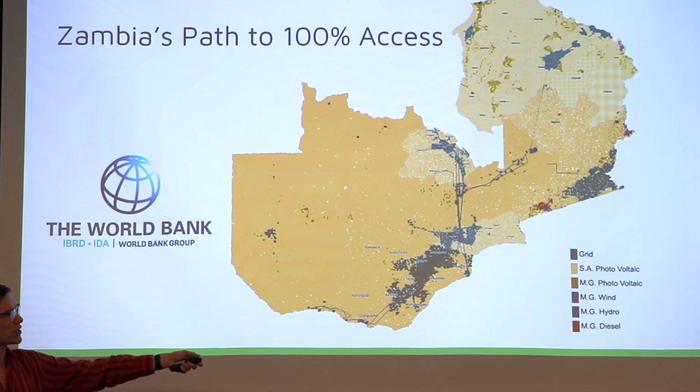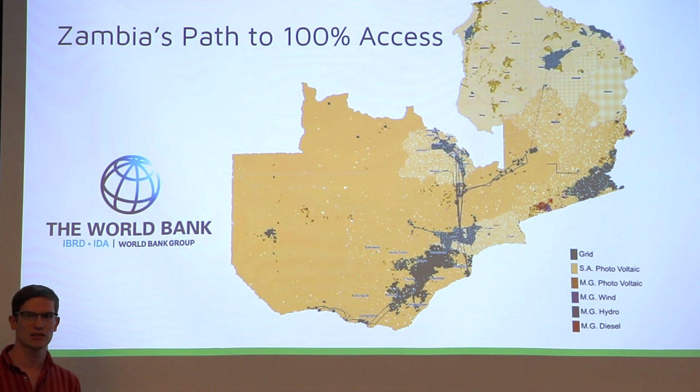So grid expansion is clearly dependent on the availability of data on the grid infrastructure itself, which can be surprisingly difficult to obtain or non-existent for many developing countries. If we don't know where the electricity infrastructure is, we don't know if grid extension is a feasible option for these populations. Our team believes that using modern computing techniques and remote sensing data, such as aerial and satellite imagery, we can help fill this information gap and automatically identify this infrastructure.